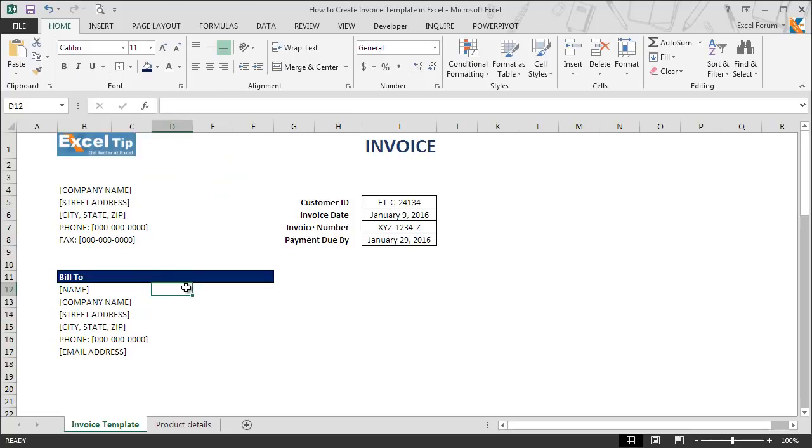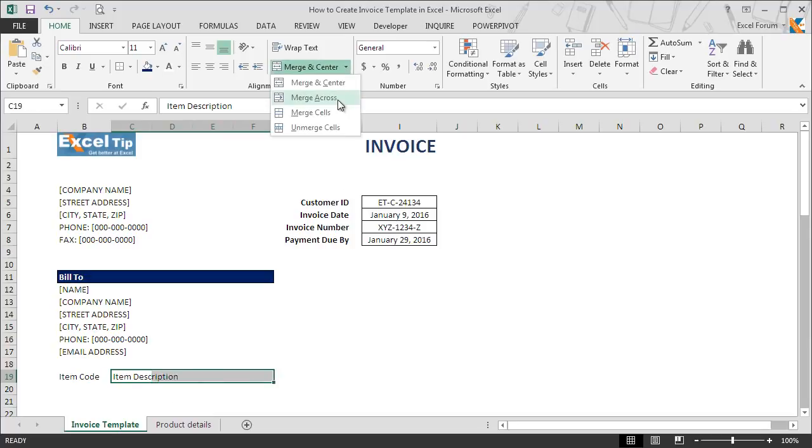We'll add description and other details regarding the items which we are selling to the customer. So we go to B19 and we type item code, then item description in C19. As item description could be lengthy, so we highlight C19 to F19 and we will merge across the cells. We'll merge across more cells under the item descriptions column to have the description of items,